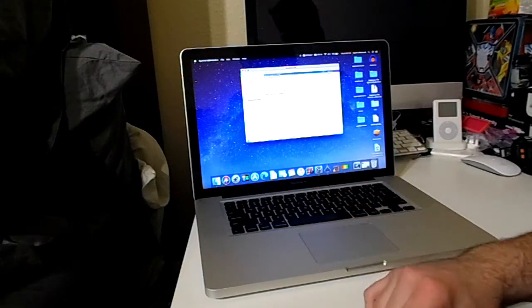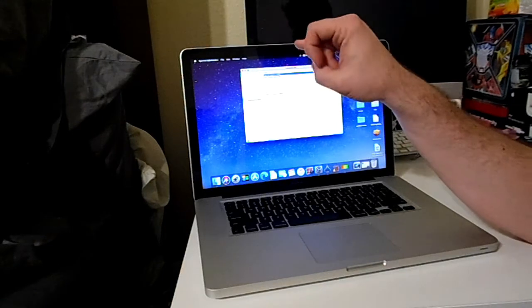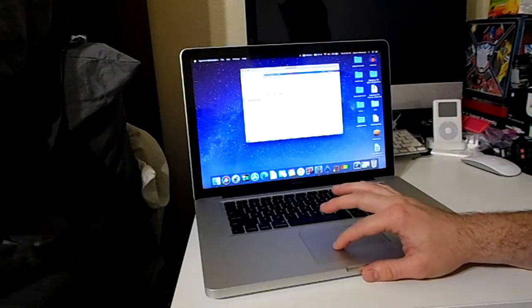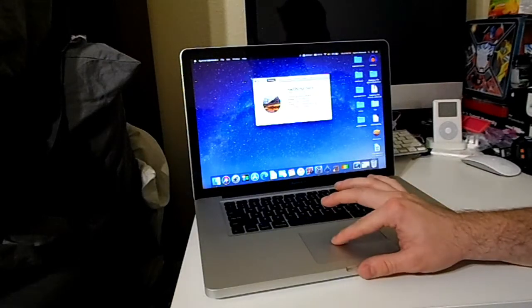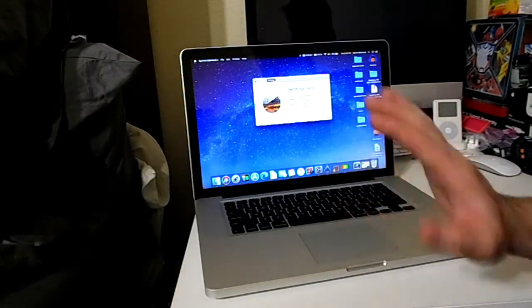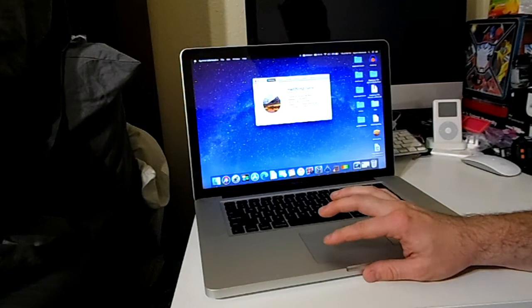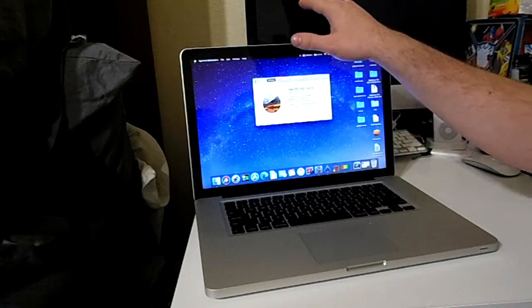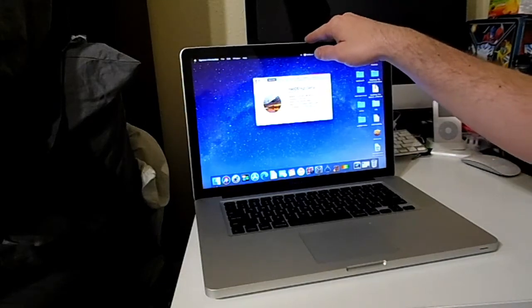However, we do have the second graphics card, which is the integrated on-chip graphics Intel HD 3000, which for most applications will be just fine. You don't need anything else. And I say that because this is only running macOS High Sierra. This is the last version of macOS that is supported under this computer,